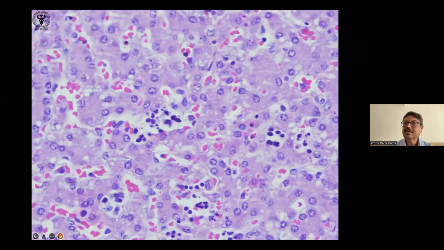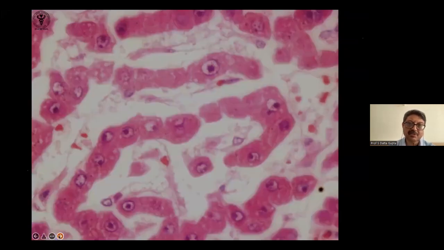The other thing, you hardly get inflammatory cells in the portal tract. You can get a few inflammatory cells normally in the portal tract, and in children, you can get extramedullary hemopoiesis. These are normoblasts and megakaryocytes within the sinusoid. This is normal. The space of Disse cannot be seen. This is one instance in autopsy liver, because of autolysis.